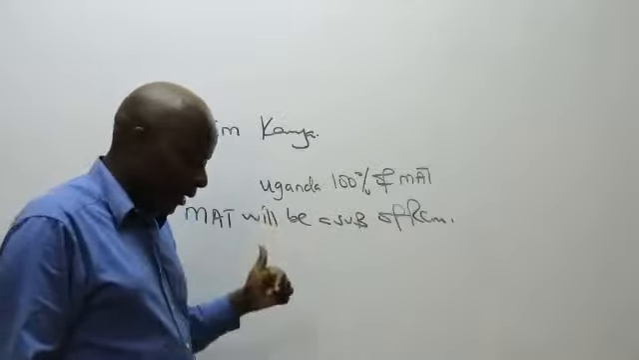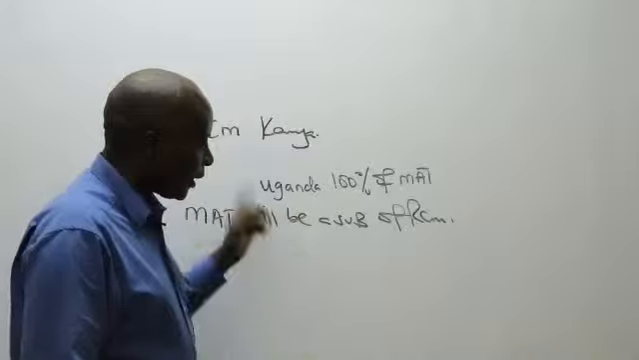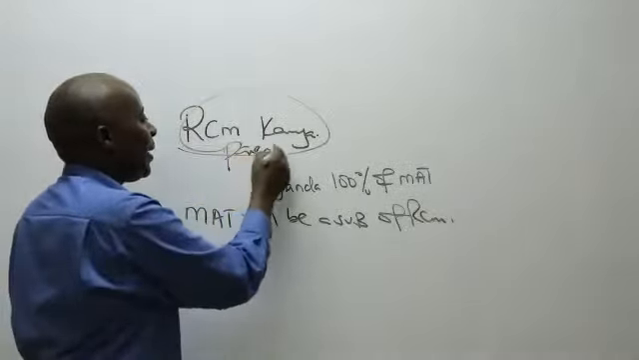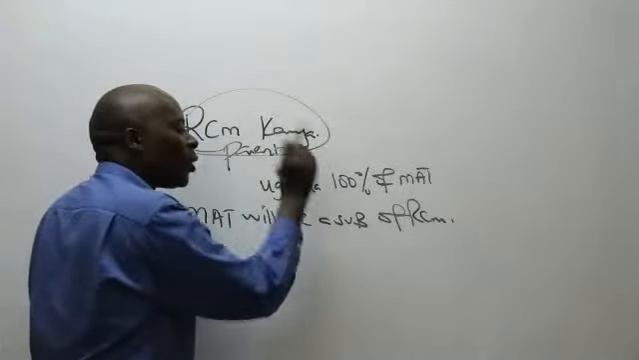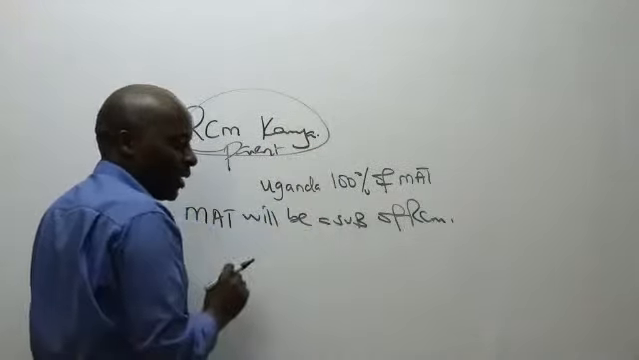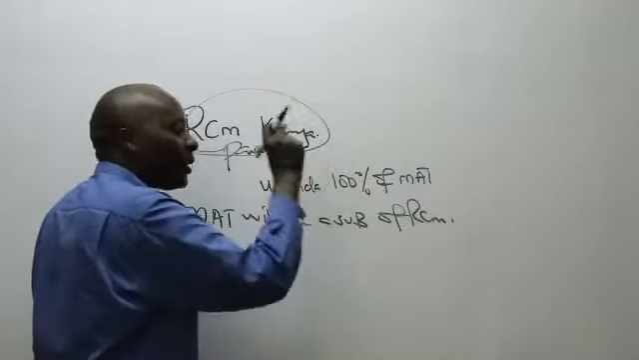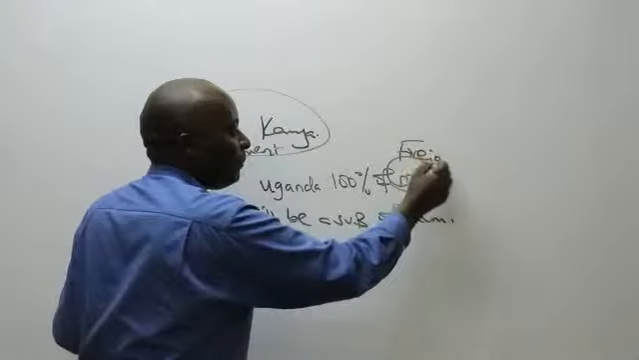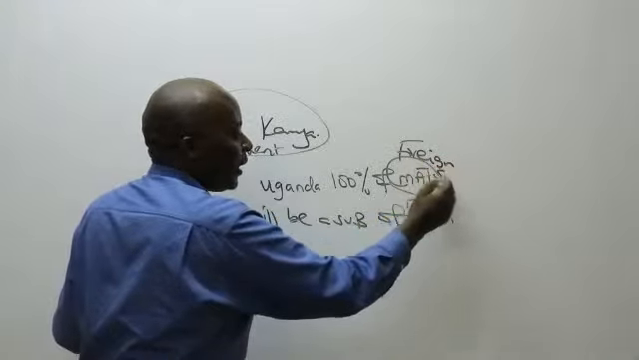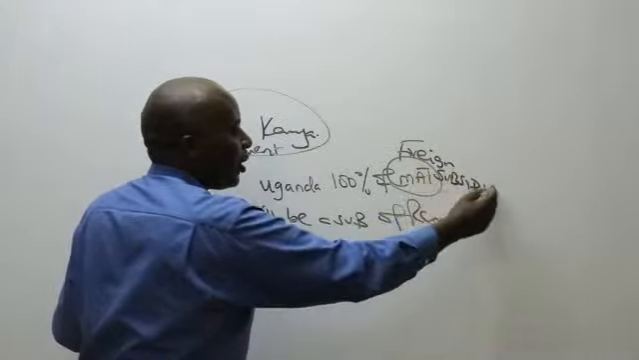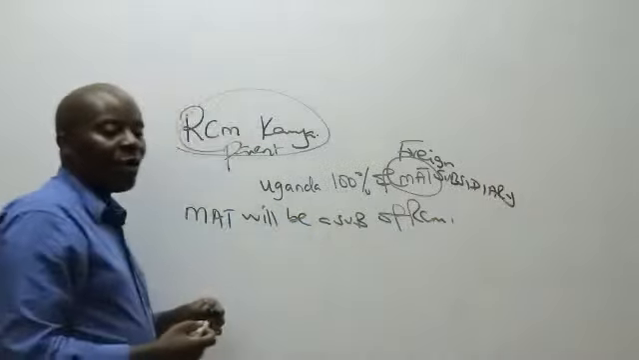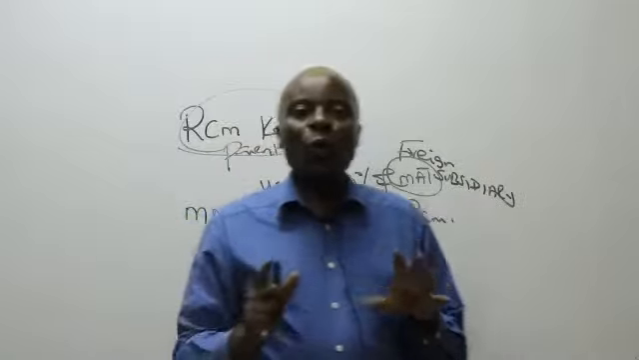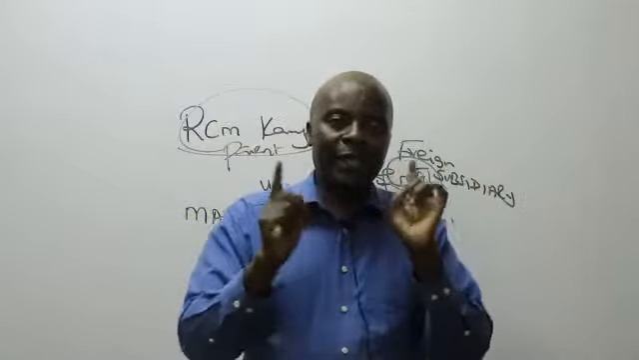However, ladies and gentlemen, one thing we need to know is that now RCM, which is the parent company, has a subsidiary which is located in a different country. So then MAT, which is a subsidiary in Uganda, will be called a foreign subsidiary. So if it's a foreign subsidiary, what does IFRS require us to do when we are consolidating the financial statements